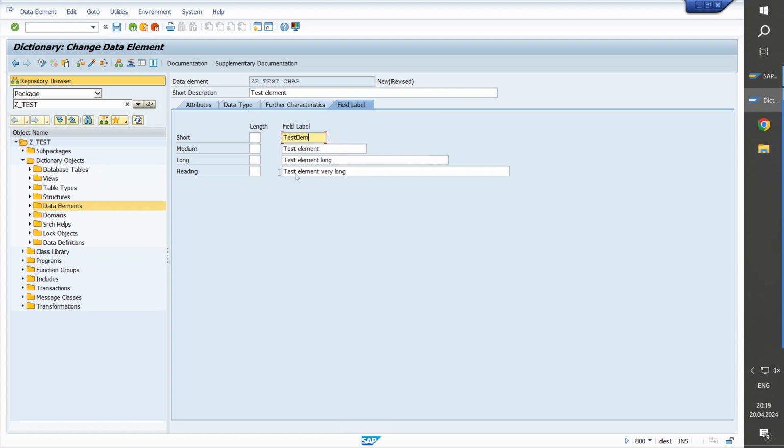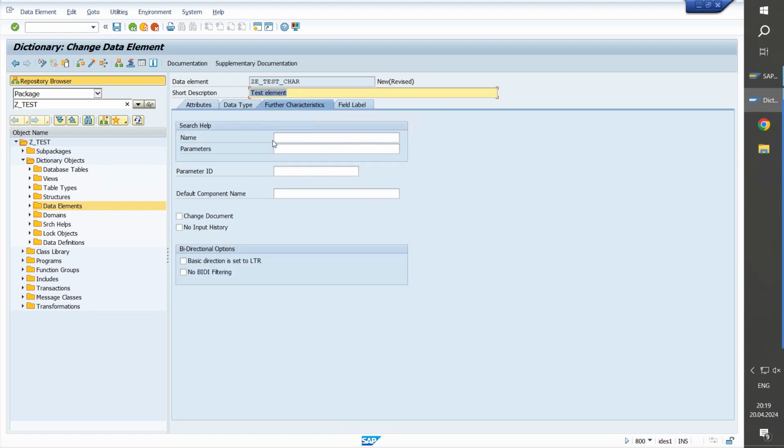Field label, these are labels which you will see on screens. For example, this variant, future characteristics, search help. These fields are for connecting the element with a search help, and in future when we use this element, the system will use this search help if there is an opportunity. Try to find search help.